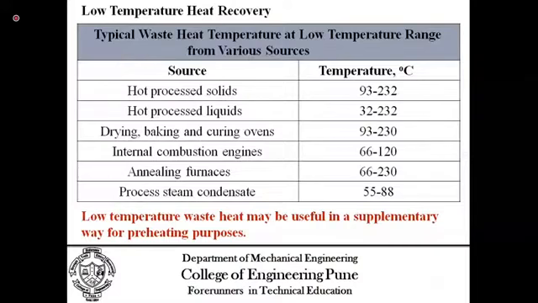So thus now for waste heat recovery systems, we come across three important parameters. First is what is the quantity of the heat available. The second is what is the quality of the heat available. And third is for what purpose it is to be used. Whether it is to be used in the same process or whether it is to be used for a different process. So that end use must be known.